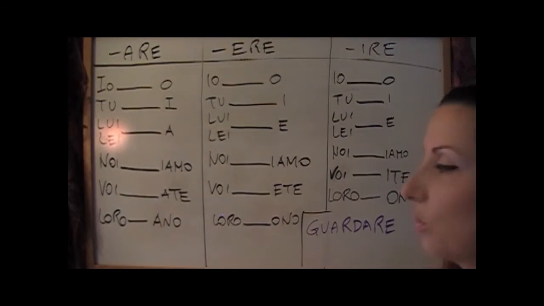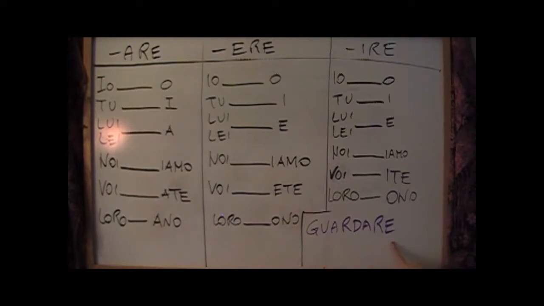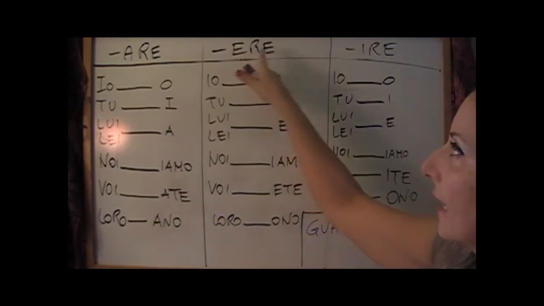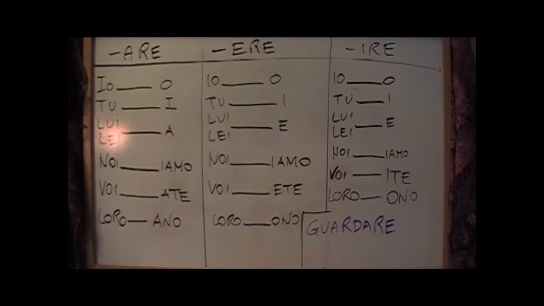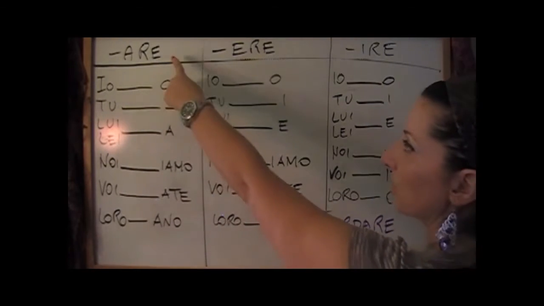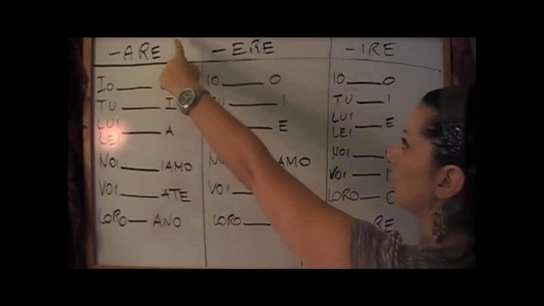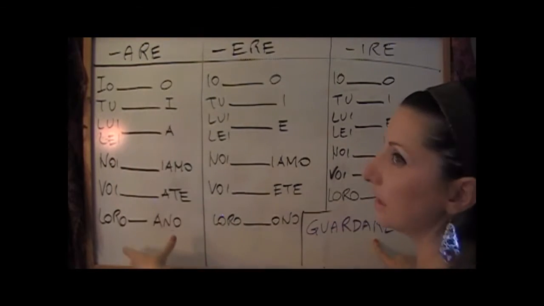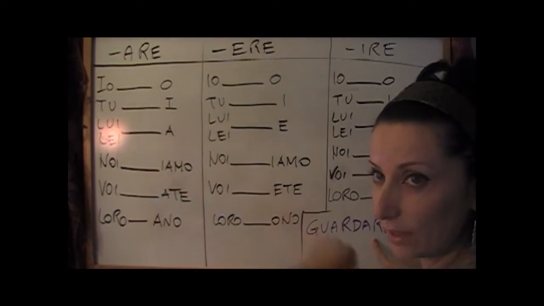First of all, when you conjugate a verb, you take a look at the verb ending. Are, so it is an infinitive. When a verb ends in are, ere, or ire, it is an infinitive in Italian. Now you gotta conjugate it. What do we do? Follow this because it's very technical, and if you do it exactly how it is supposed to be done, you cannot be wrong. So, guardare, which group does it belong to? The first, you see? Ending in are belongs to this group. So we're gonna use this pattern in order to conjugate it.